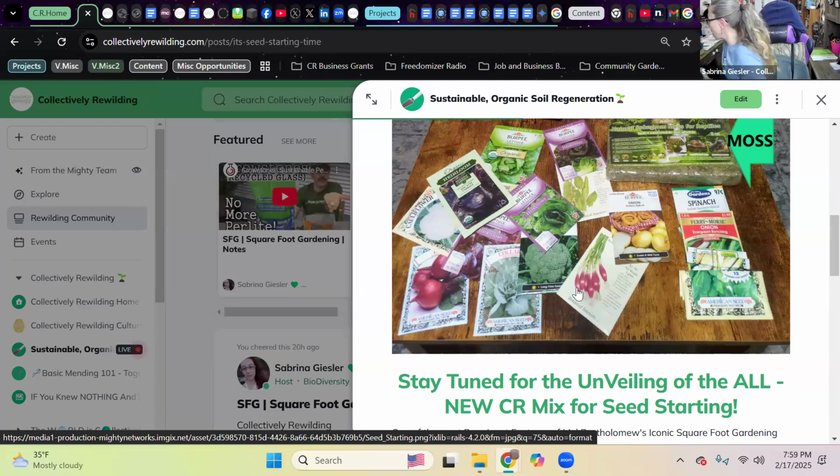I'm reading all about the topic in this newest book that we'll cover small pieces of, the Seed Starter's Handbook. It is really interesting how in-depth she tears apart the topic of seeds and starting those seeds. I'm only about maybe a sixth of the way into the book. It's really very scientific based. I don't know that the majority of us would have interest in reading it, so I'll share those key pieces that will have the most value to our audience here in Collectively Rewilding.